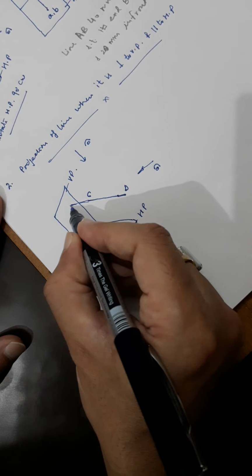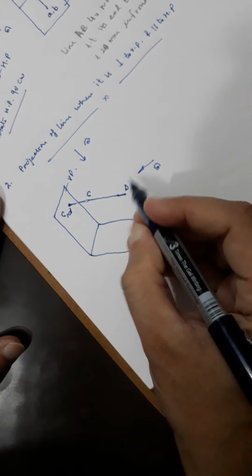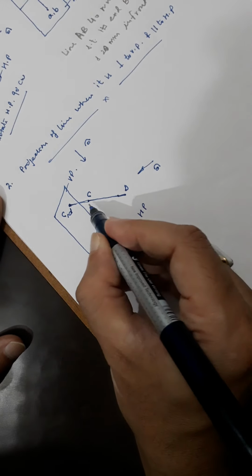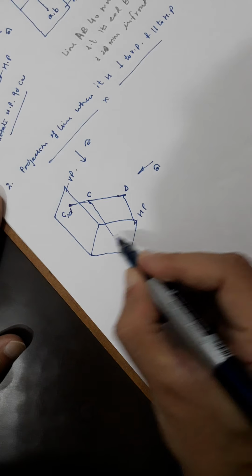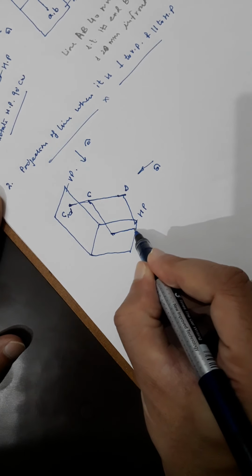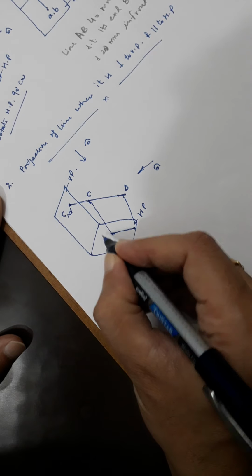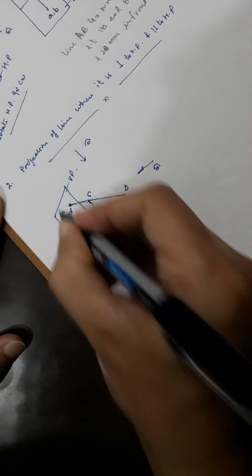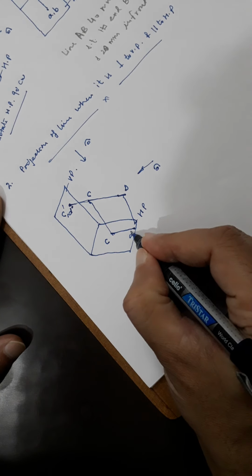Okay, when you project it here, it will be C and D, C comma D. You get these 2 points. D will coincide with C. But when you see it from the top, you get its true length, and it will be like this. Okay, so it will be C and D. So here it is C dash D dash, because it is front view, it will be dash. In the top view, it will be CD.